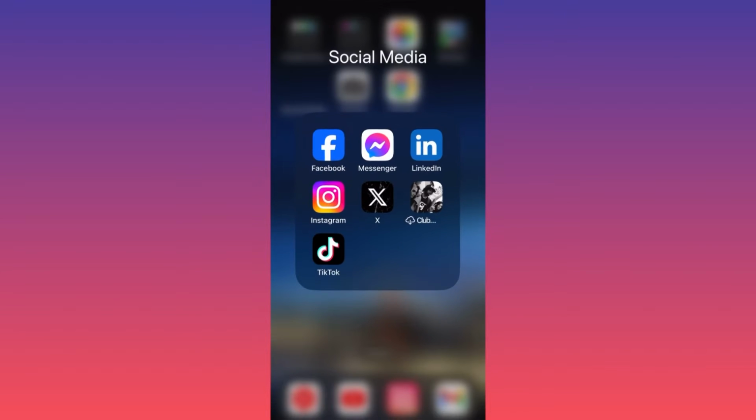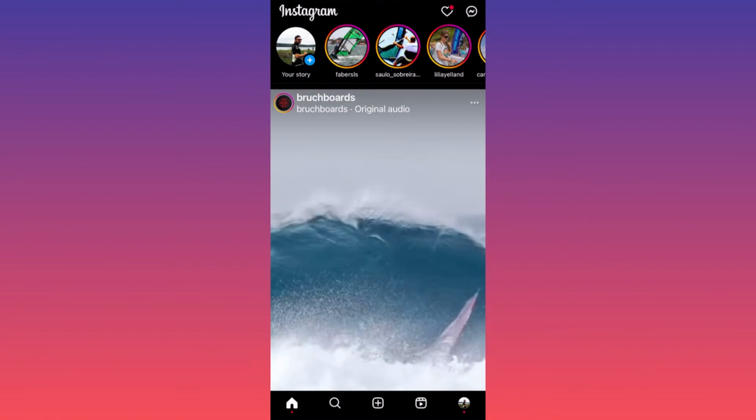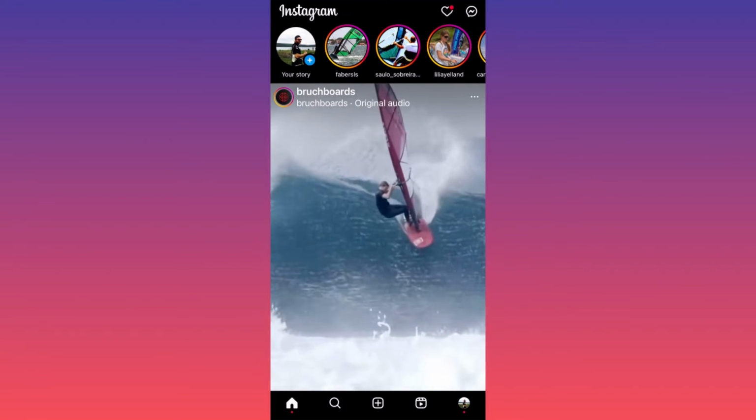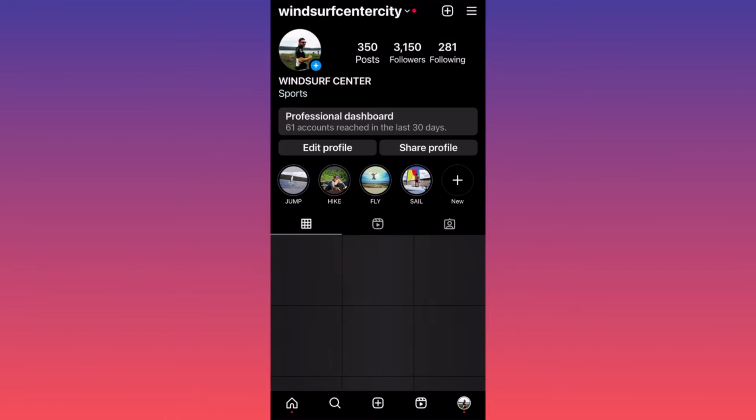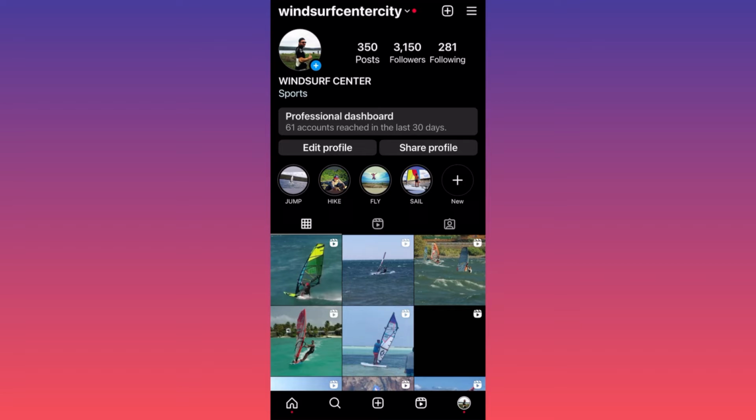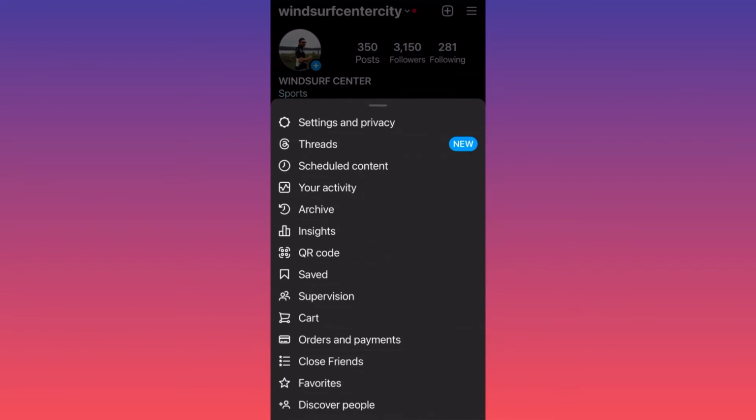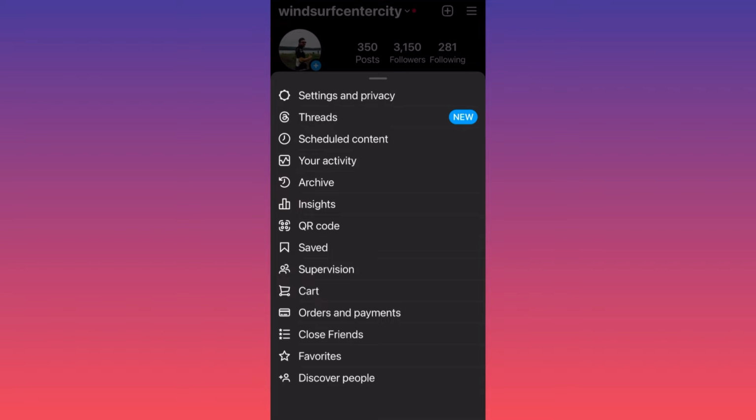Let's click on the Instagram app and launch it. Let's click on the lower right corner for a good start, where you see the profile picture. When you're at your own profile, you want to hit the three straight lines on the top right corner. Click them, okay? Then when you have the pop-up menu, I want you to click on settings and privacy, the